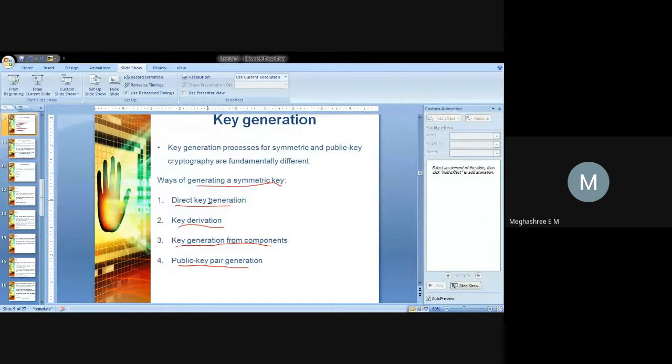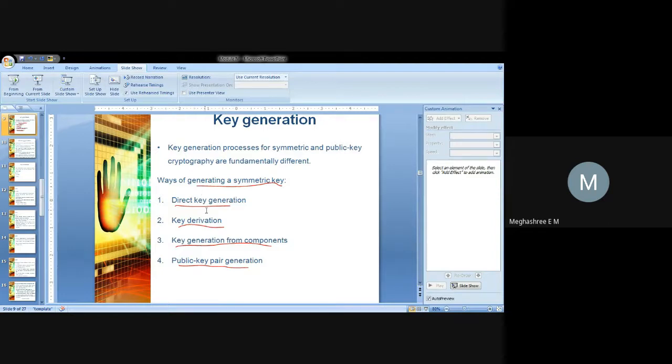Okay, so in direct key generation, what happens? A random number generation method is followed to generate the keys with respect to the symmetric key method. Whereas in key derivation, initially one key is generated, it may be from direct key generation. Using that key, we derive other keys which are required for the communication or to implement any algorithm.